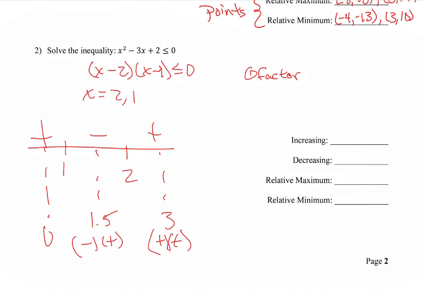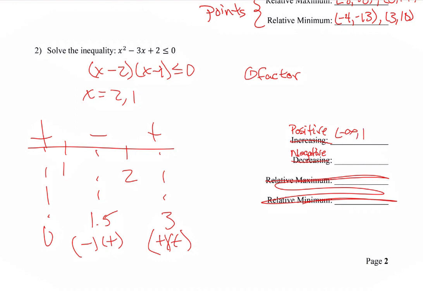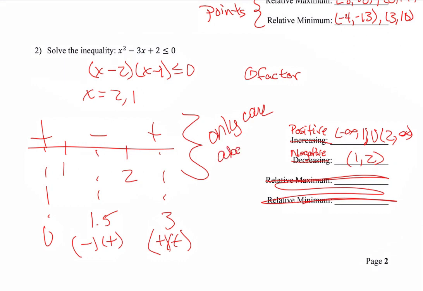I'm looking for positive and negative. I am positive in negative infinity to 1 union 2 to infinity, and I am negative in 1 to 2. Remember that when I'm doing my sign chart, I only care about the signs. So that's how to do a sign chart. Now I'm going to put down here that here